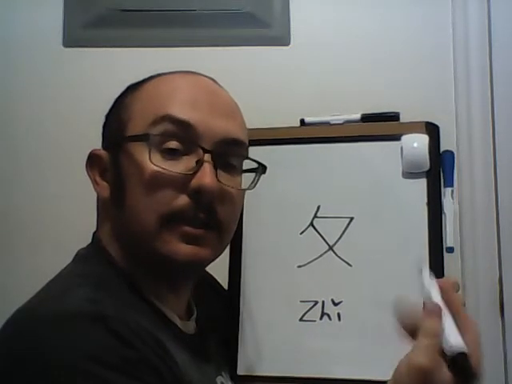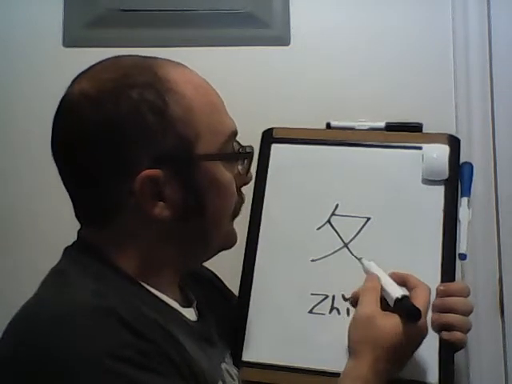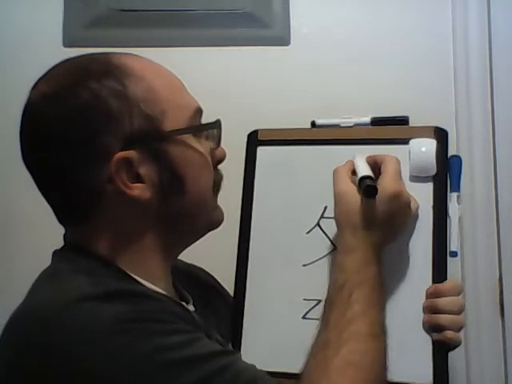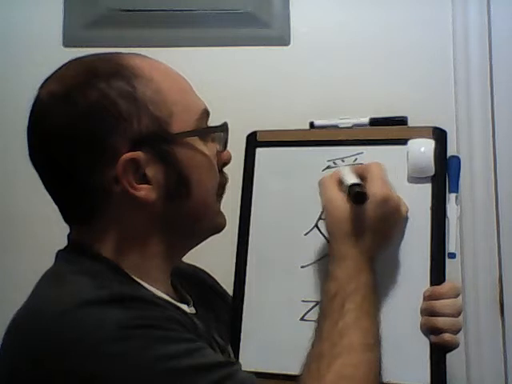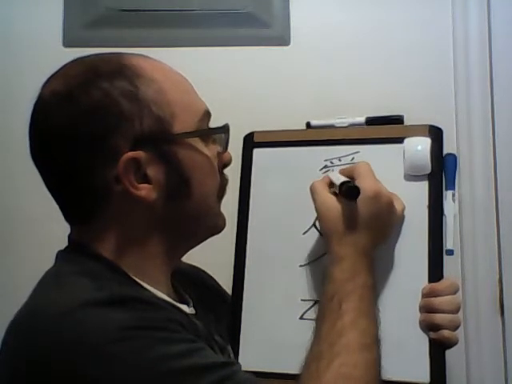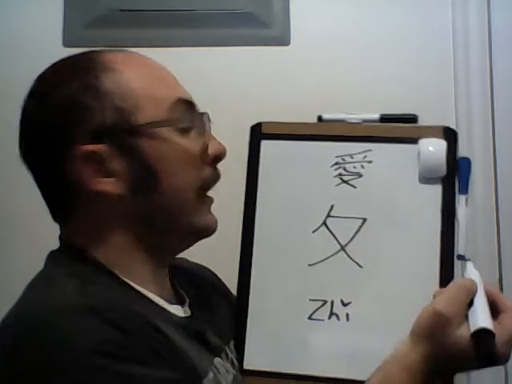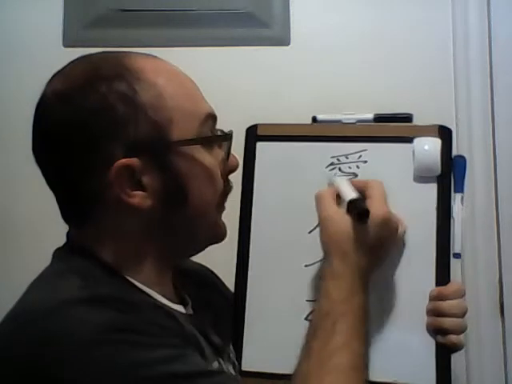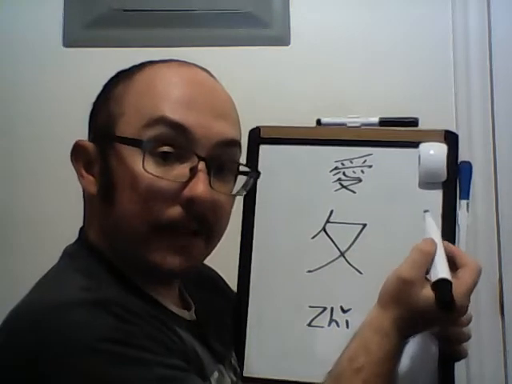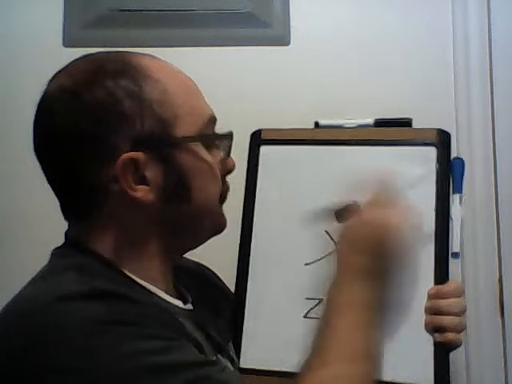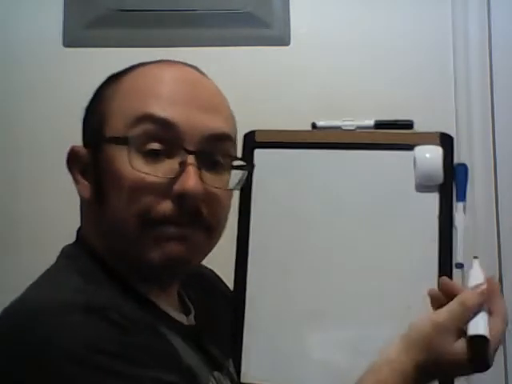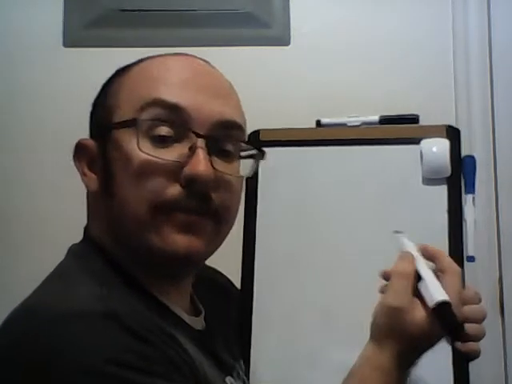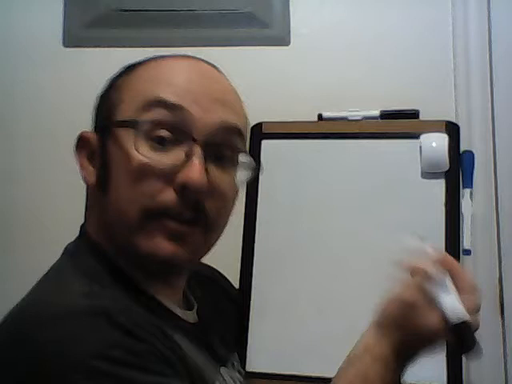In characters we've looked at in the vocab and grammar videos, you saw this in I. It's that bottom chunk right there. So, zhi. All right, and the last one for this video looks very similar,